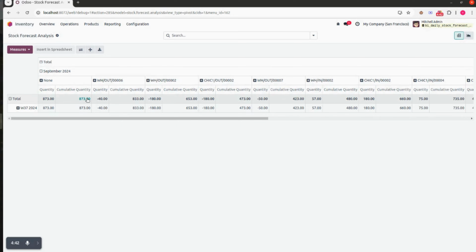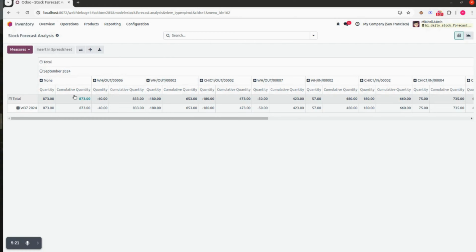And based on that, you will be able to see the quantity and the cumulative quantity of this particular product. And this module also supports weekly and monthly report as well. And it has a graphical view and a bar chart and a pie chart view also. So inside this particular product, how this will be viewed, that will be also shown.